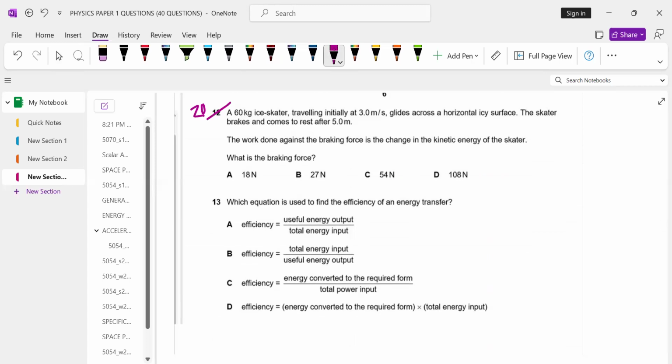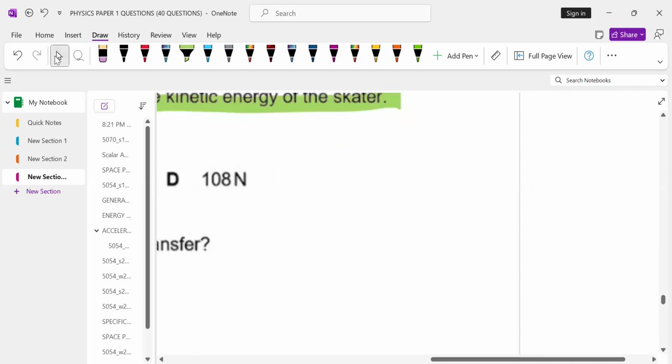Then question number 30. A 60 kg ice skater traveling initially at 3 slides across a horizontal icy surface. The skater brakes and comes to rest after 5 meters. The work done against the braking force is the change in the kinetic energy of the skater. What is the braking force? So the work done against the braking force is the change in kinetic energy, which means that this work done, so let me rewrite it, work done